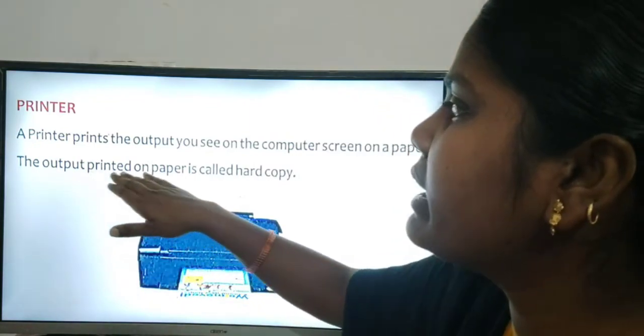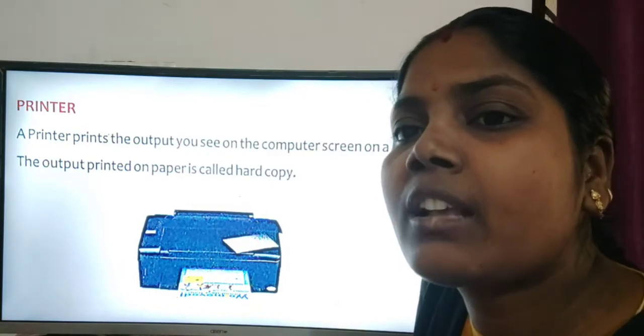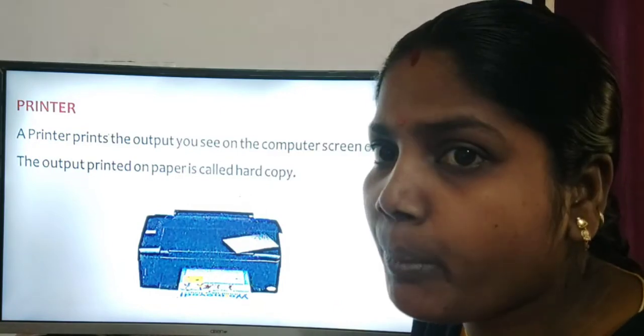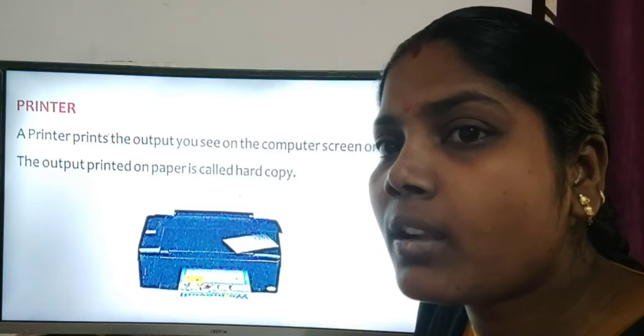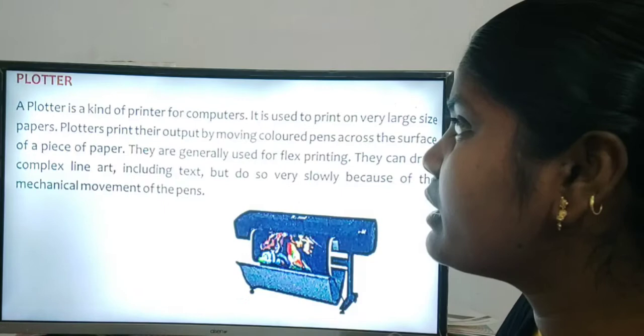The output printed on paper is called a hard copy. So when we take a printout, that is a hard copy. That is what the printer does.